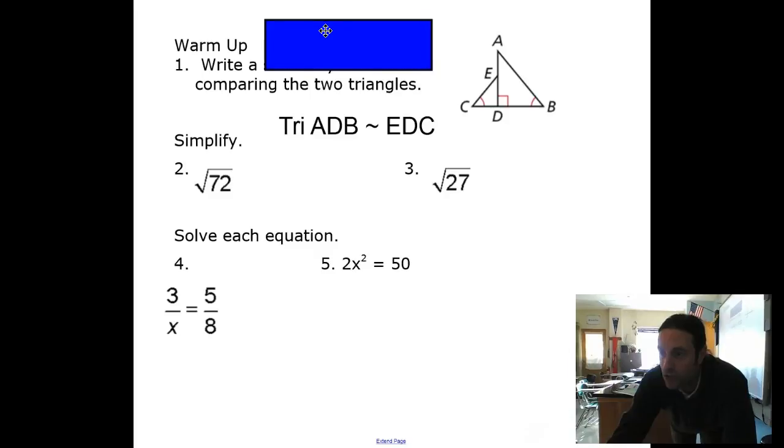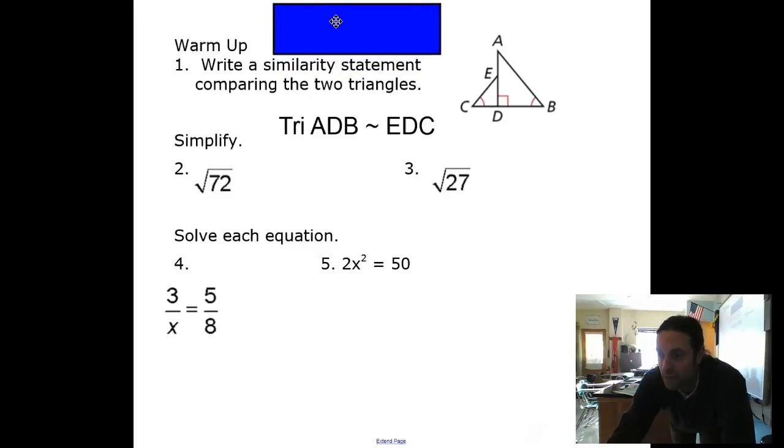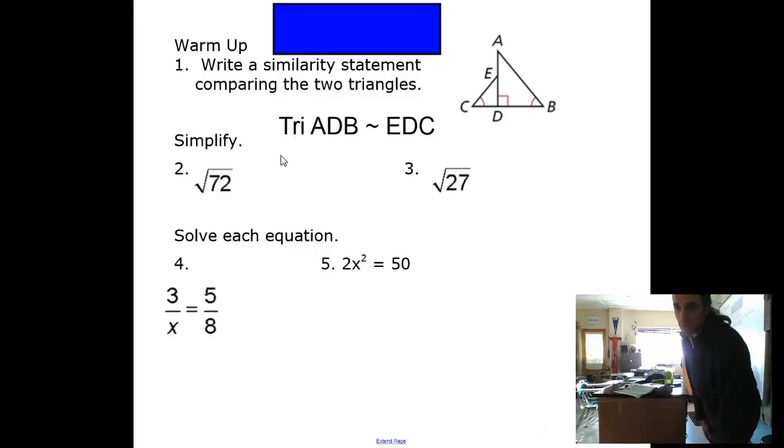Well, of course, triangle ADB is similar to triangle EDC, right? The order matters, congruent angles have to be corresponding. When you need to simplify number 2,